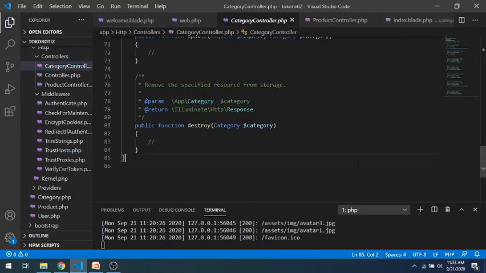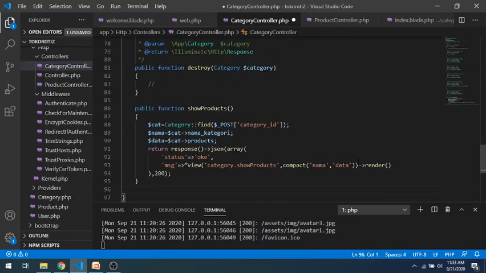Okay, put it here. This one gets the category data with the key taken from the parameter category ID.